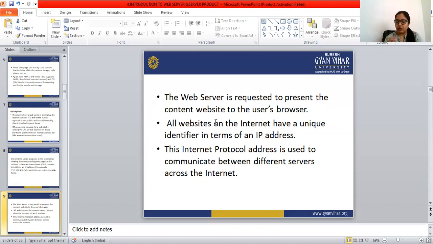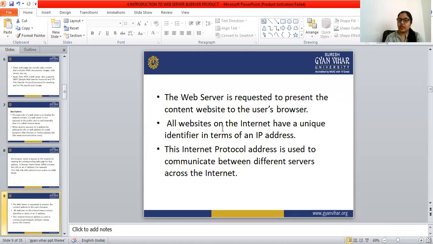This is only possible after the conversion of the URL to the IP address.